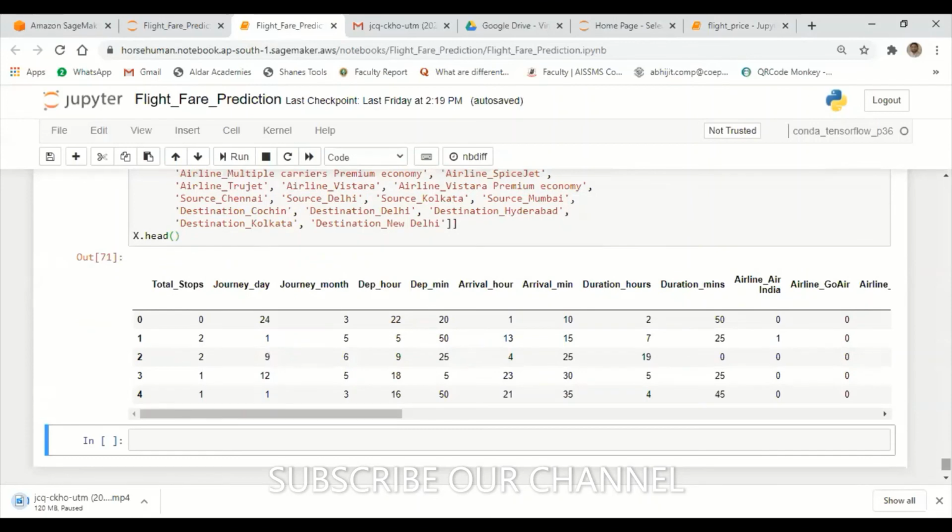Now we can design the model. Next, similarly, I want to take the price value as my Y value. So I'll assign the price value to Y. Y equals data_train.iloc.